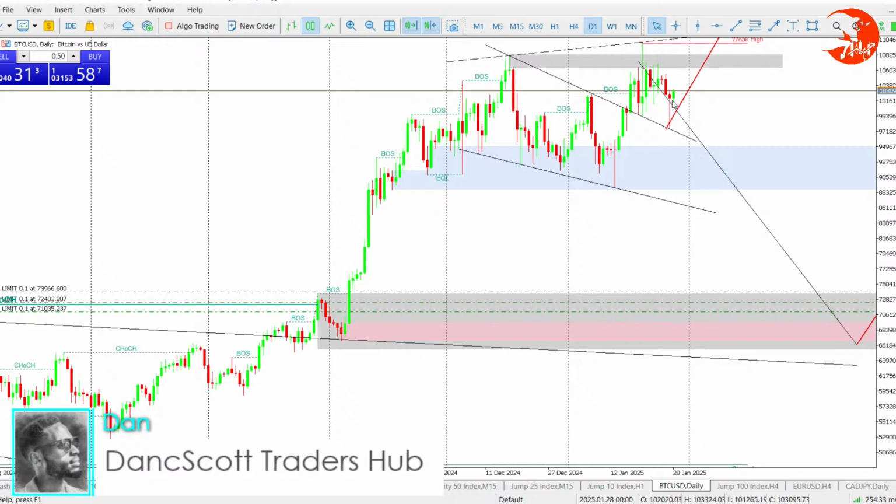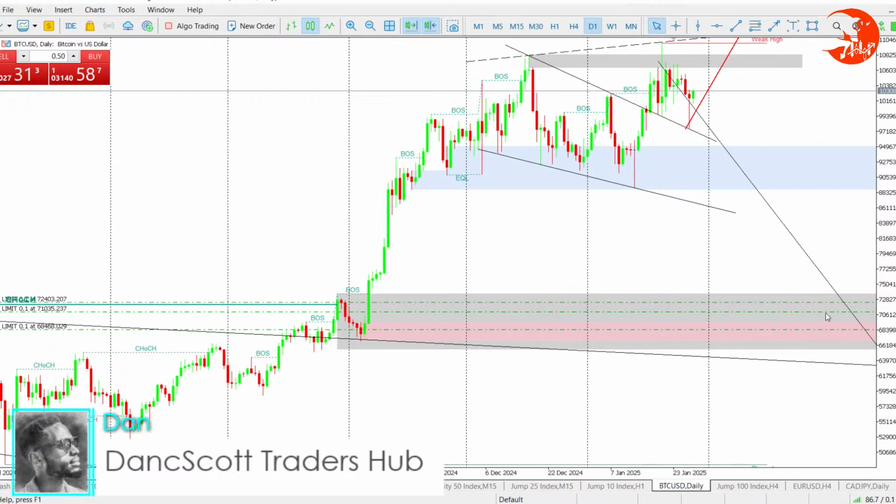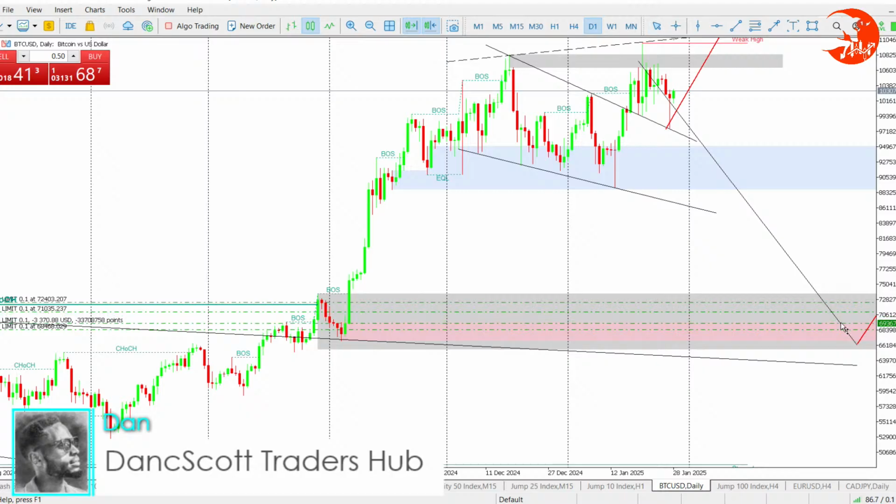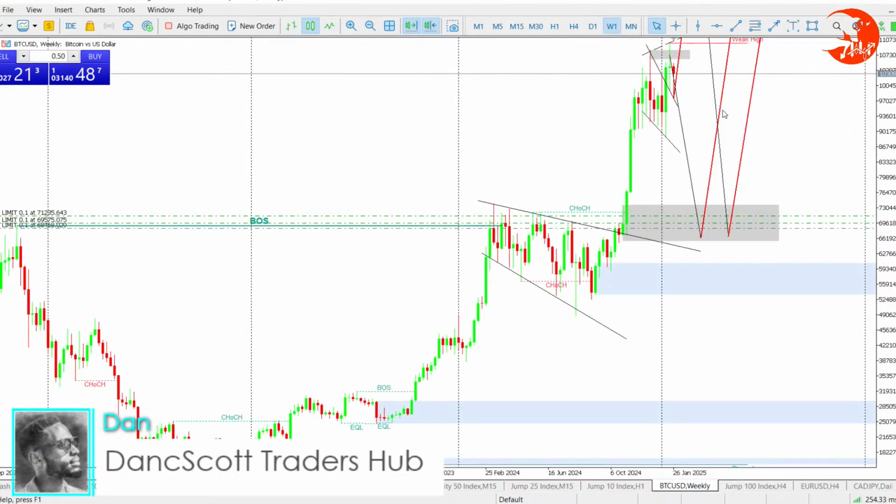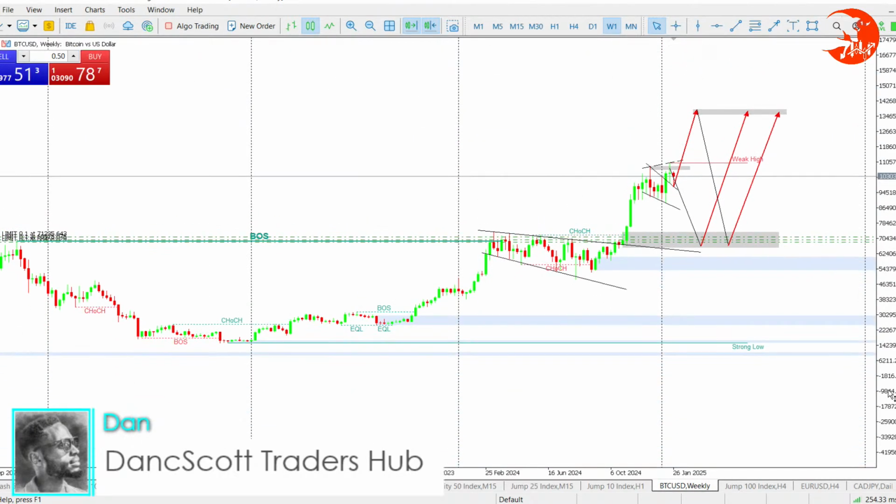So the possibility of price to come down here is necessary. So our buy limits should be around those areas. Yeah, should be around those areas. I can have another one just about there, but this should be around that area. All right, now having seen that, and having seen also this kind of plan according to the weekly time frame,